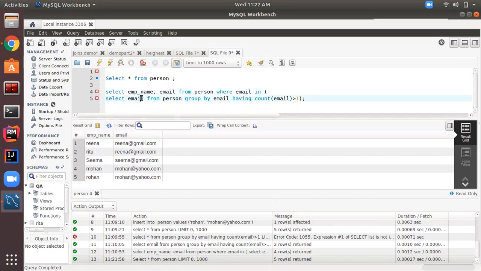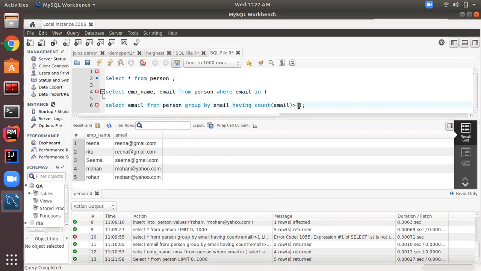So here I am using a subquery and a main query. Let me explain the subquery. So this is the subquery: select email from person, group by email, having count(email) greater than 1.